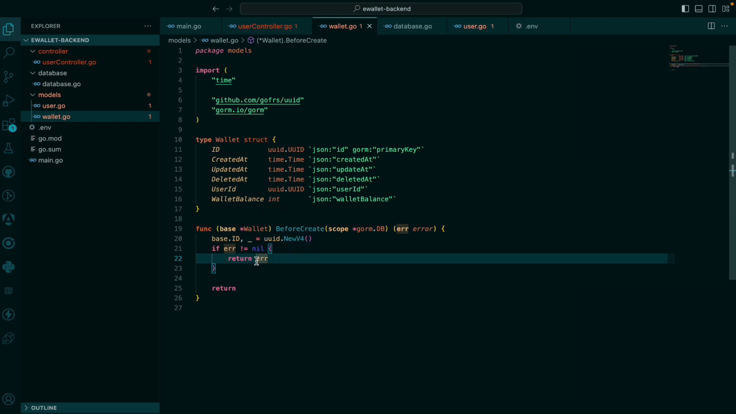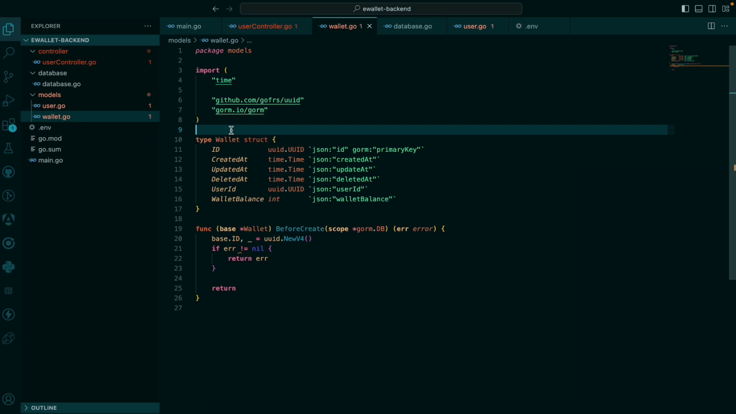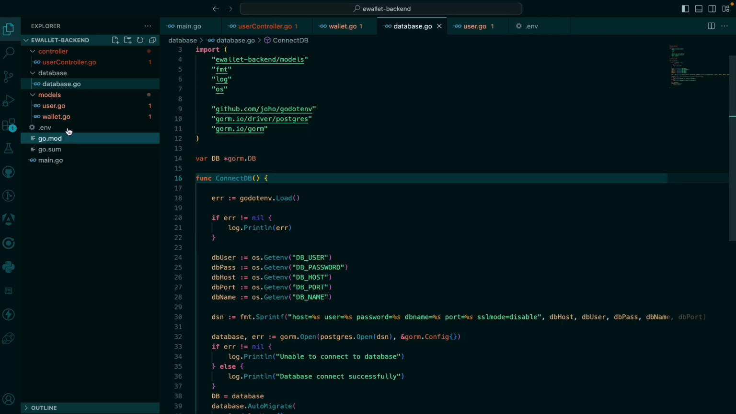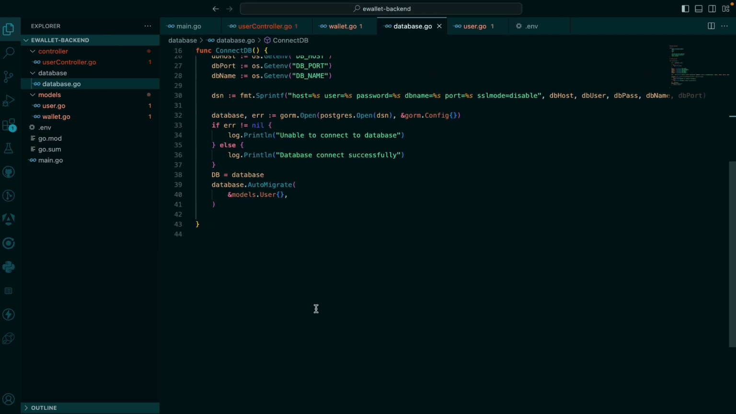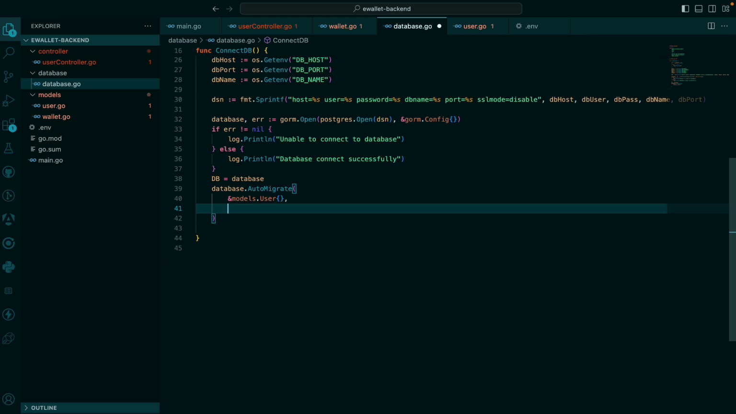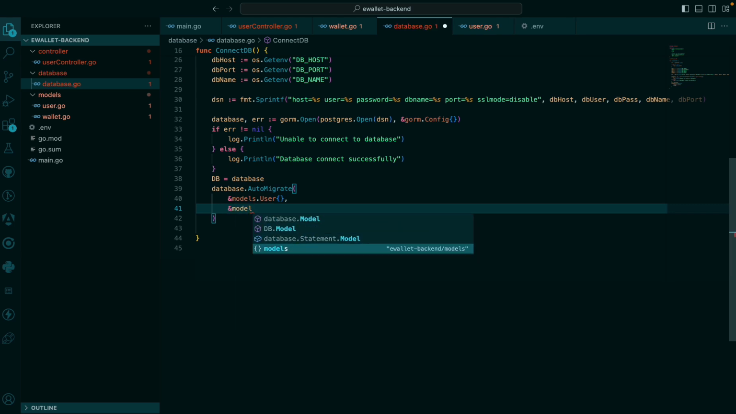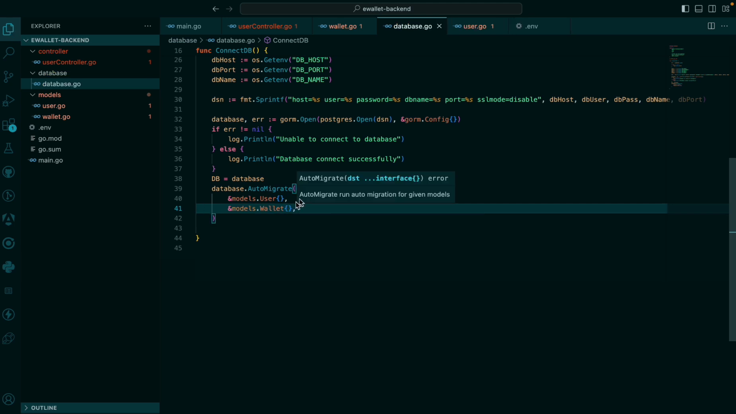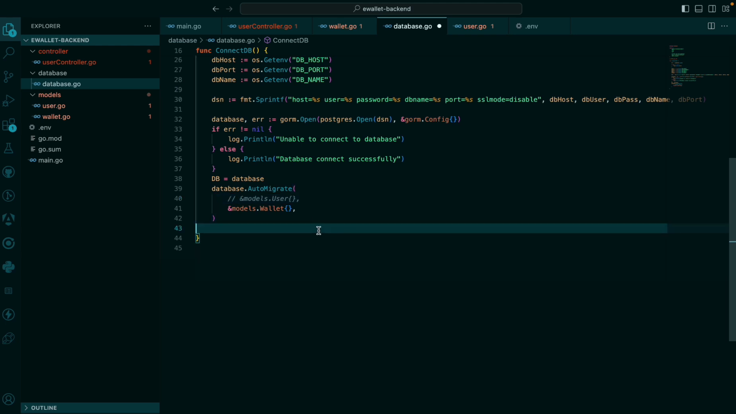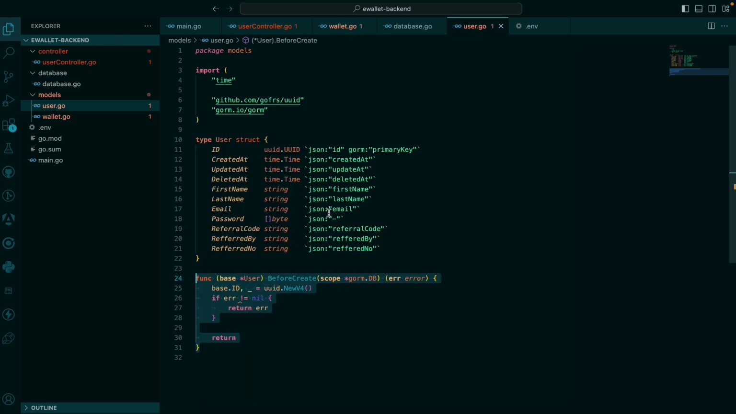Now, having done this, don't forget that we need to go into our database package here and do migrate, so that anytime we run our application, the wallet table is going to be created. Since we already created the user table, we can comment this out. But don't forget that anytime you make any updates in your user, let's say you add a new column,